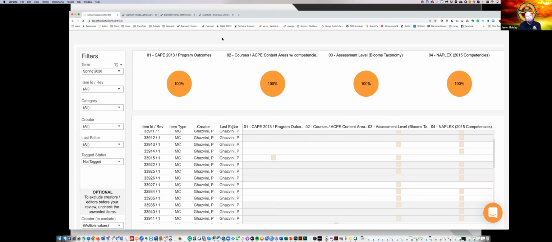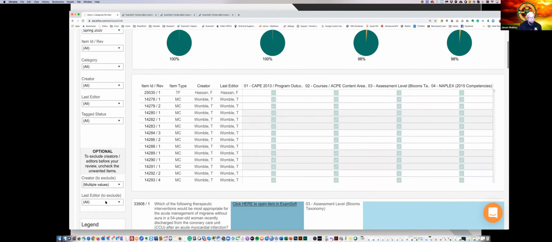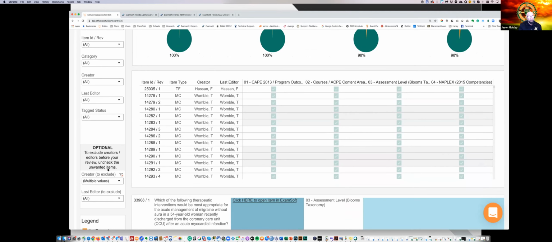Well, they're no longer employed, whether they're working for a different university, they were an adjunct, or they might have even retired. And they were showing in my data. So if I go to the all status, they were showing here and it was complicating things for me because I would have to uncheck them each time to not see them anymore. So I met with Anna and her team and Kristen, and a week later they said, okay, we solved your problem. So now down here, and this did not originally exist, they have an option to uncheck unwanted items.